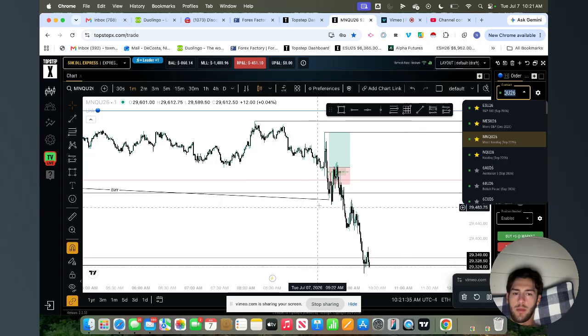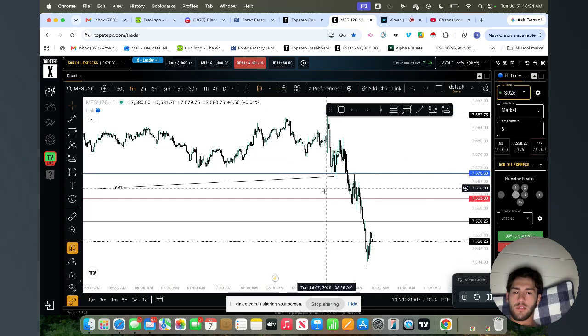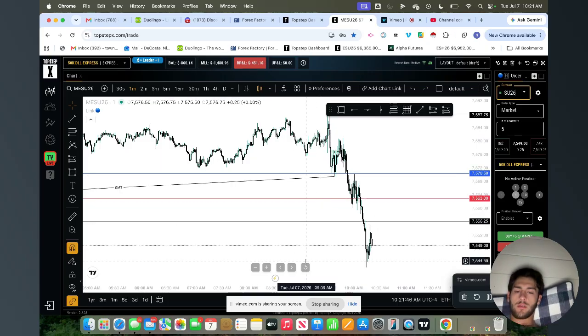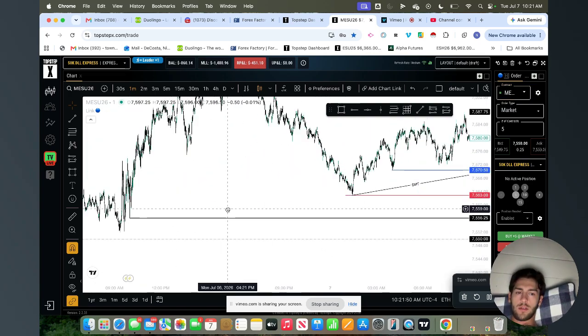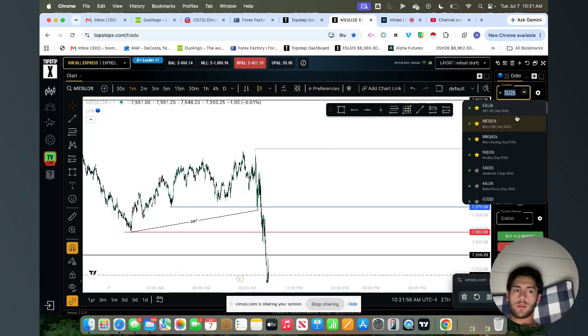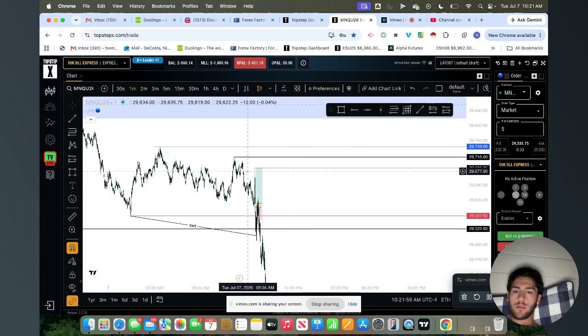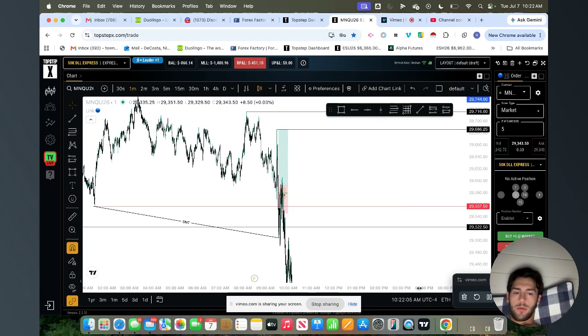At that point in time, right here, ES was all the way up here. So it swept London low, but didn't sweep out Asia low, and didn't sweep out this hourly low, and that was all the way down here. So this is a huge bullish SMT. So I thought surely ES was going to want to take out these equal highs. If ES wants to take out these equal highs, why wouldn't NQ be able to take out this 9:30 high, right? Well, what ended up happening